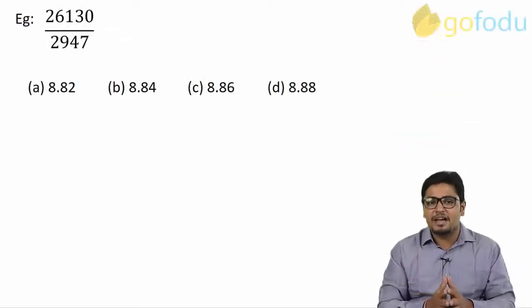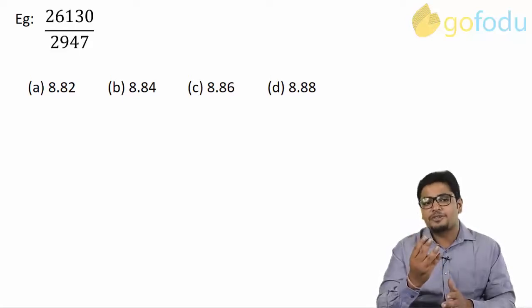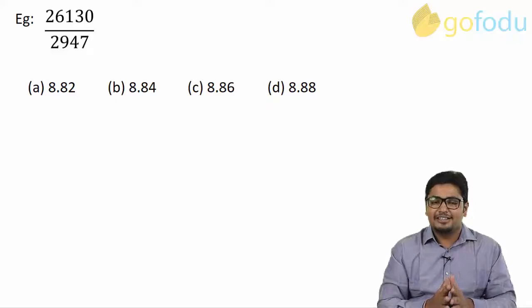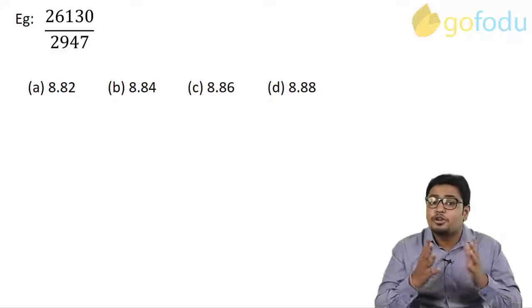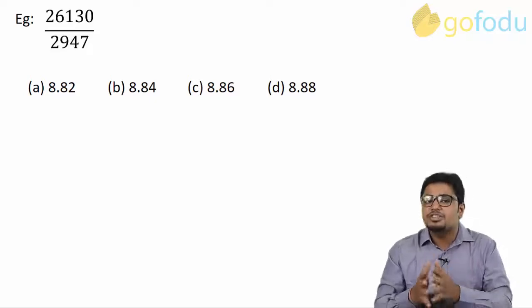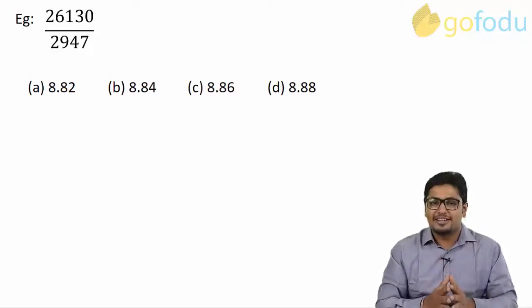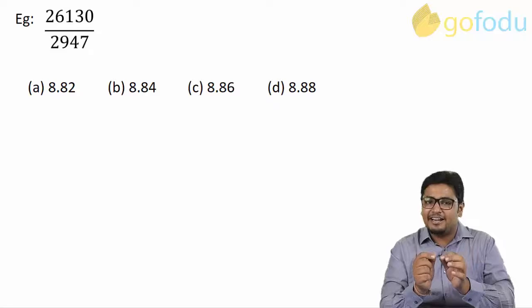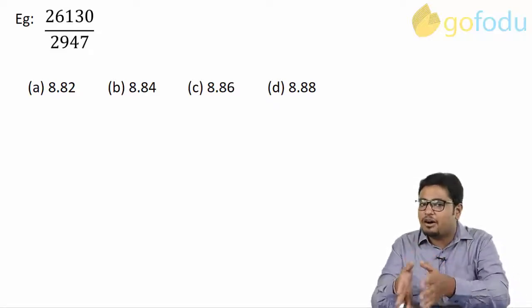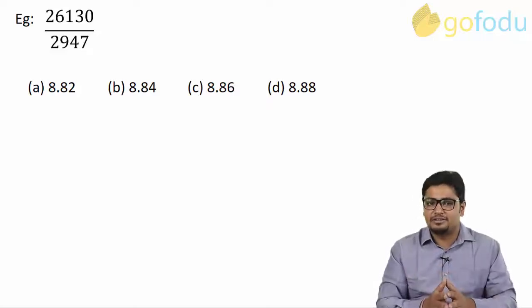This is the same example that we saw in the first place. This time 4 options are also given which are very close to each other. In this technique, we make full use of the trap set by the examiner, that is, closeness of the options. Here 8.8 is common in all the options. Only the second value after the decimal is different.